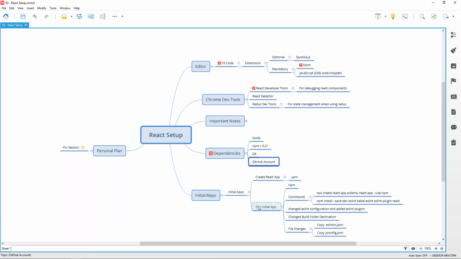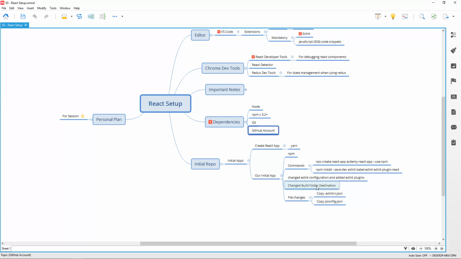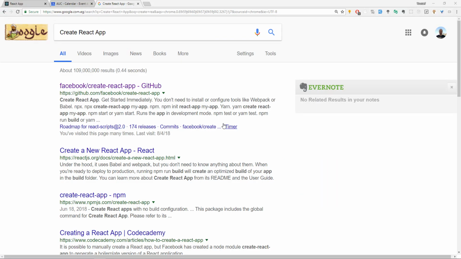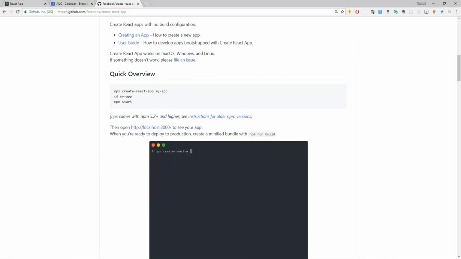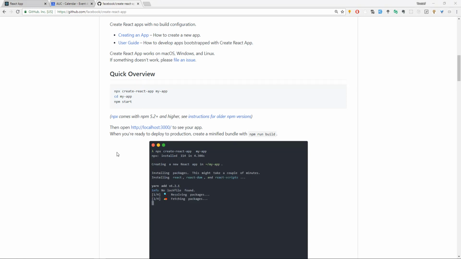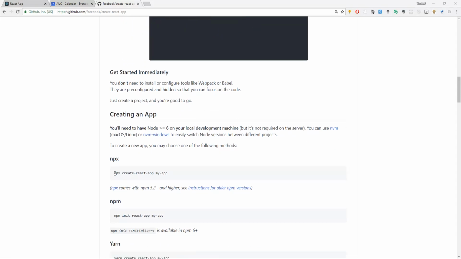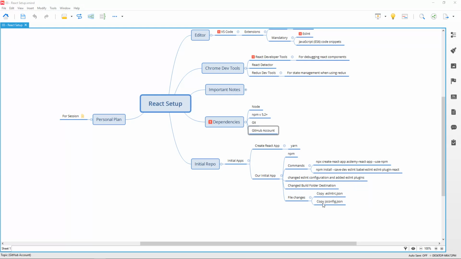Regarding the initial repo, we're gonna use create React app. So we could here look at. So if you googled create React app, for the first page you will find a GitHub, and you would know how to install this package, and it would be easy to create your new project using npx create-react-app and then the name of the app. To make it easier, I've included the commands here. So what you need to do is use this command first and then use this command next,